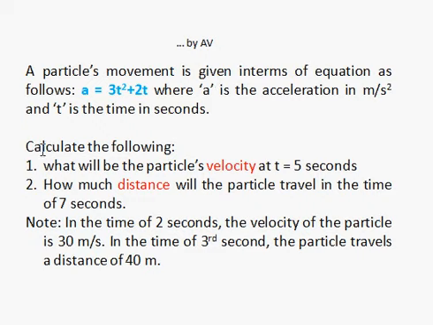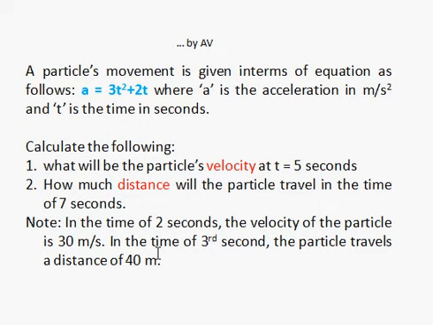There are two different questions here. One is about velocity and another one is about distance. In order to find velocity and distance, we need two equations which can be derived from acceleration. Hence, let us first derive an equation for velocity and an equation for distance. Then let's move to the solution part. And there is also one note given here. Whenever we need this note, let us come back to this.